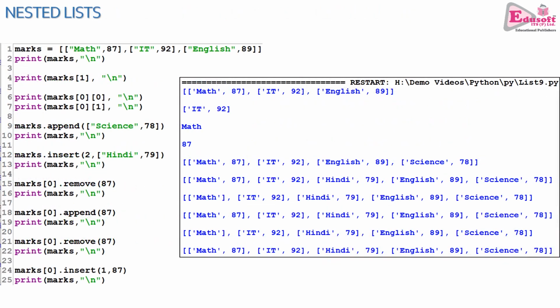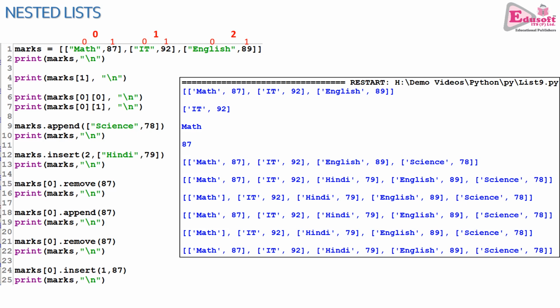Finally, we come to the concept of nested list. A nested list is nothing special. It is just a list existing within another list. If you see here, line 1, the marks list has 3 nested lists. Every nested list is separated by a comma, and the values within each nested list are also separated by commas. So each nested list has its own index 0, 1, 2 as you see here, and each value in each nested list has its own index, that is 0, 1, 0, 1, 0, 1. If you have understood this basic thing, the rest of the program is a cool breeze to understand.